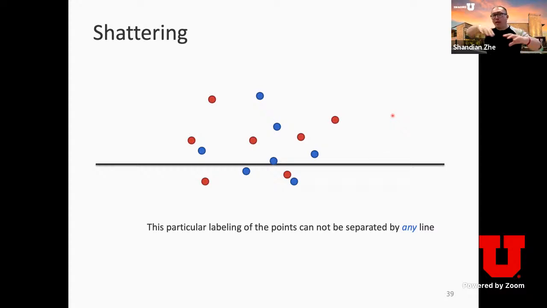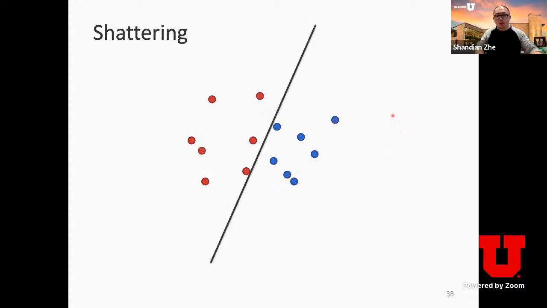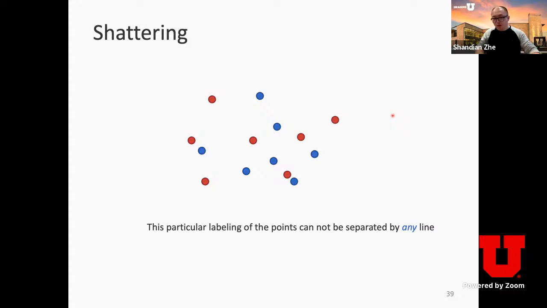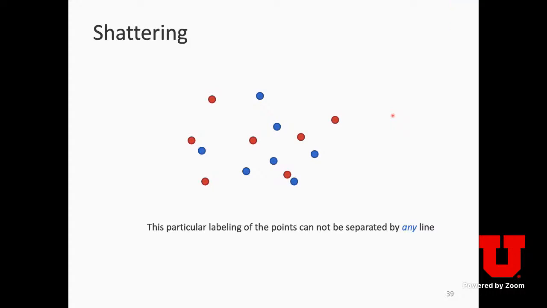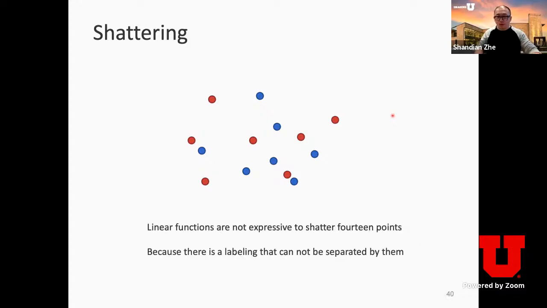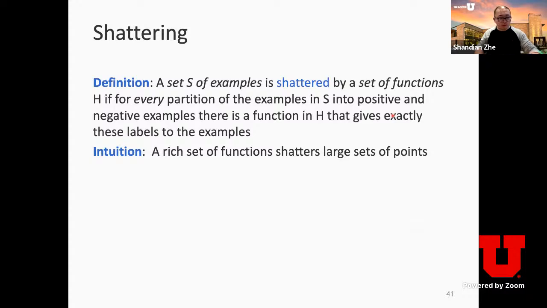But here, shattering means that you can use all kinds of labeling functions to label all the inputs. Good point. So, can we always correctly classify independent of the labeling function? Yes. That makes a lot of sense. Thank you. Any other question regarding the definition of shattering? I assume everybody is comfortable with that because it's the foundation to define the VC dimension.